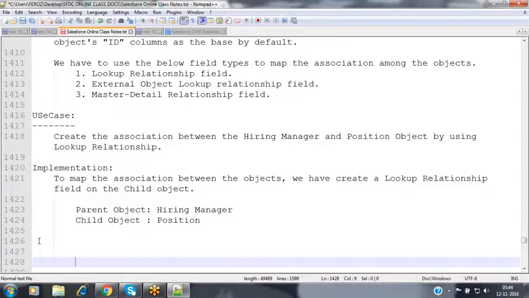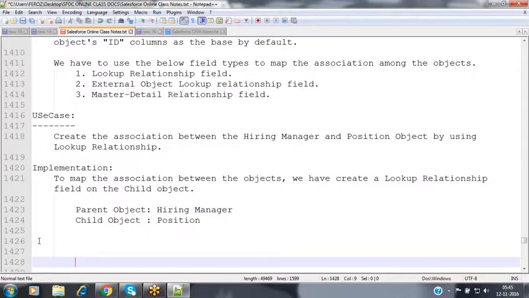He is taking care of recruiting the candidates for the Java developer position, for some Salesforce position, for some Oracle position, and for some testing position also. Nothing but one person is taking care of recruiting the candidates for multiple positions. Nothing but one hiring manager, multiple positions. Nothing but one parent, multiple children.